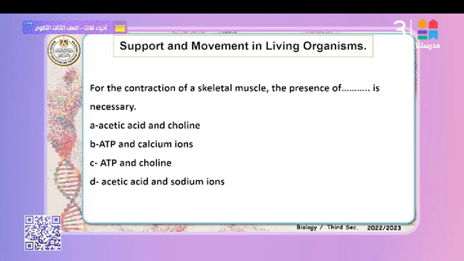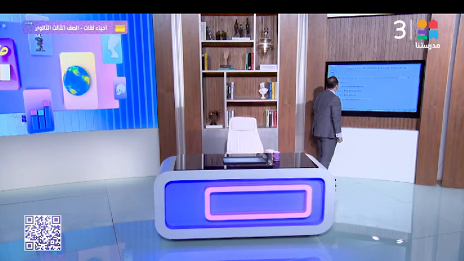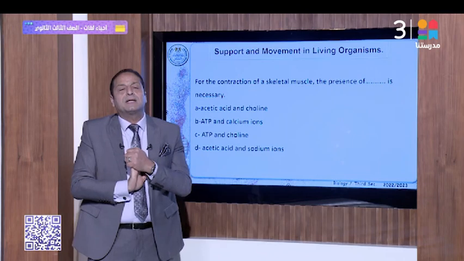For the contraction of the skeletal muscles, the presence of what is necessary? Please follow me in this part about these questions. When the nerve impulses reach from the brain and the spinal cord to the point of connections, the nerve impulses reaching the dendrites and finally the motor nerve fibers,